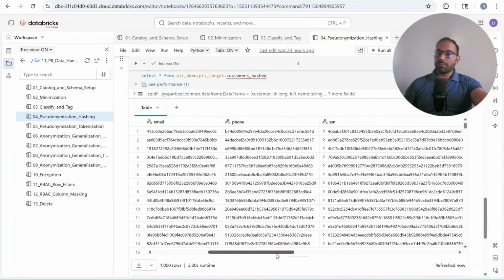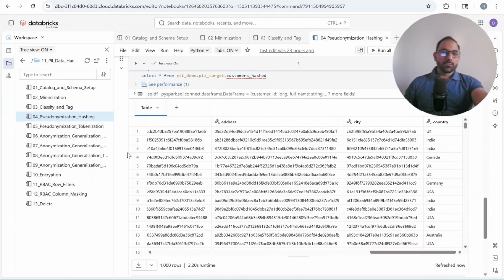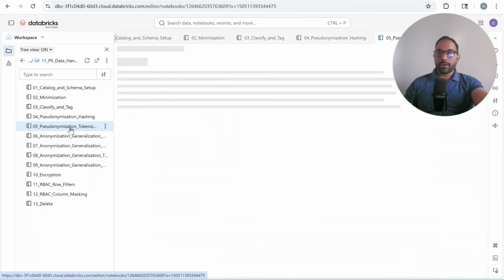And we can see that our final table is written with all the hashed values now. So this is all about the hashing technique. Next, let's understand tokenization inside